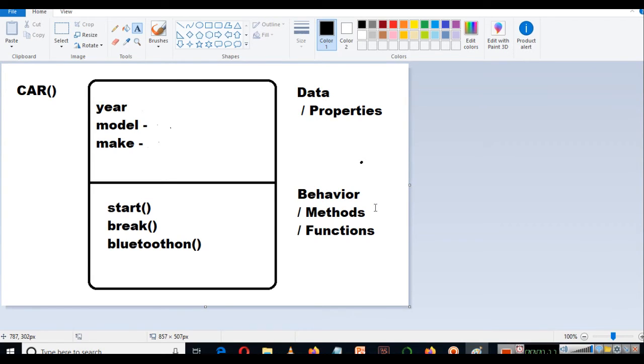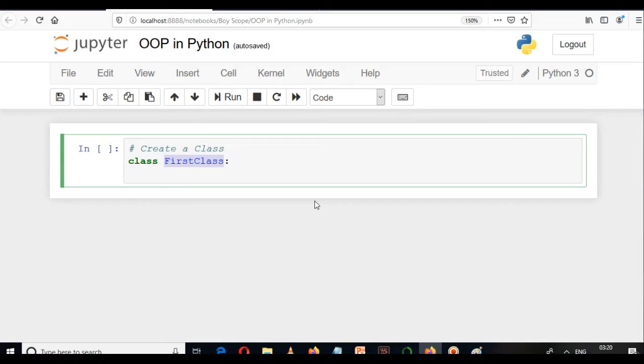So they are basically one and the same thing, but when it comes to the object-oriented programming concept, we create objects. So objects actually access the methods of that particular class. Now going ahead, we can create a class.